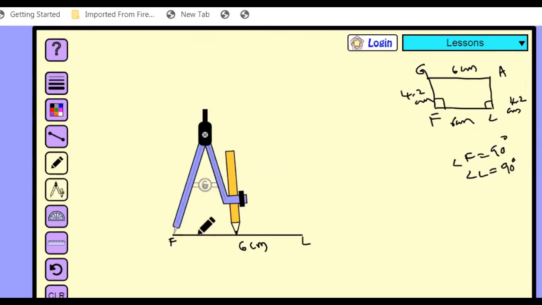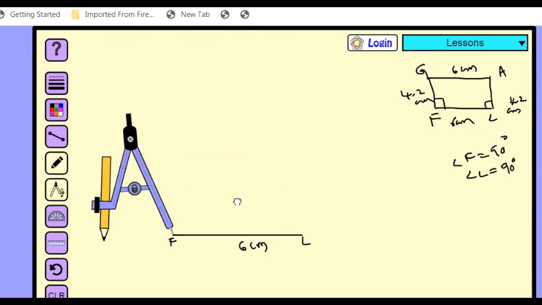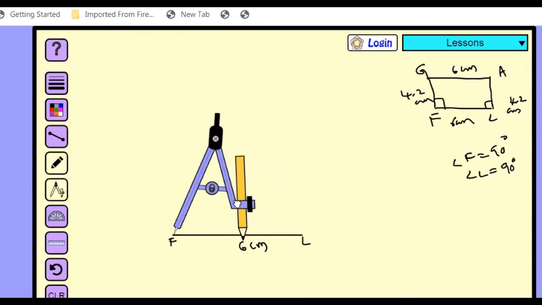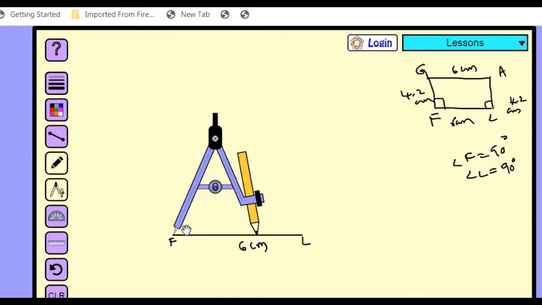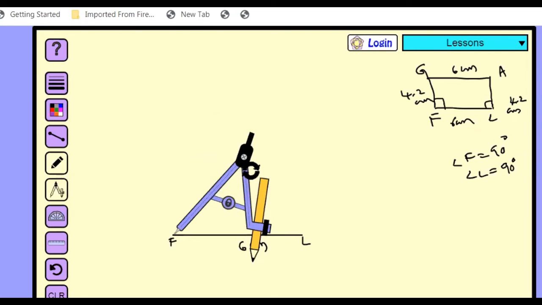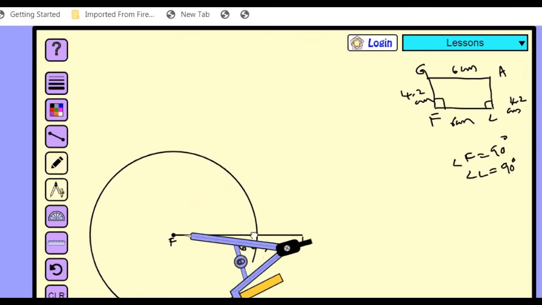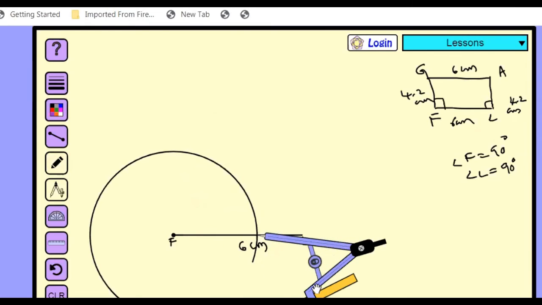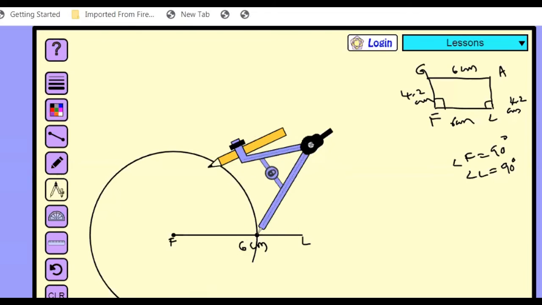Now I'm going to construct the angle F of 90 degrees. So now take the compass radius as more than half of the length of the line segment FL. So like this. I'm taking more than half of the length of this line FL, and with F as the center, draw an arc. Now next, with the center, draw another arc which cuts the previous arc at 60 degrees.